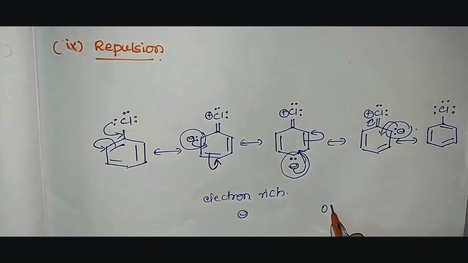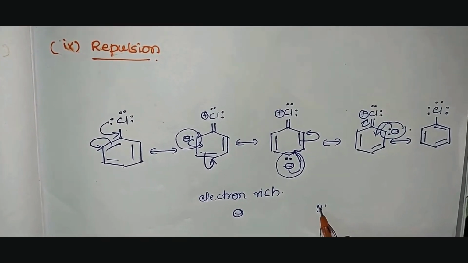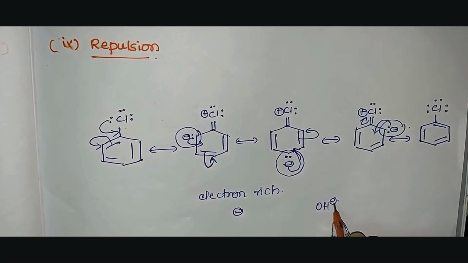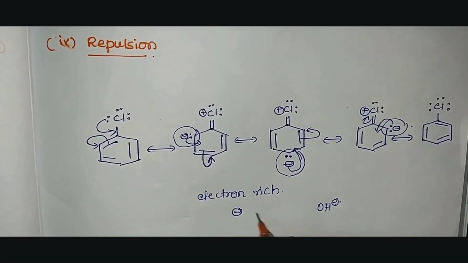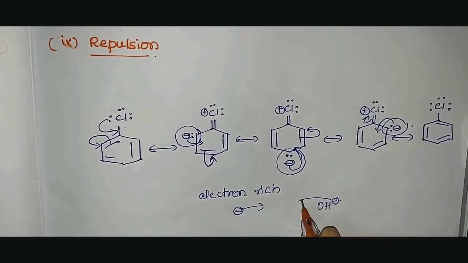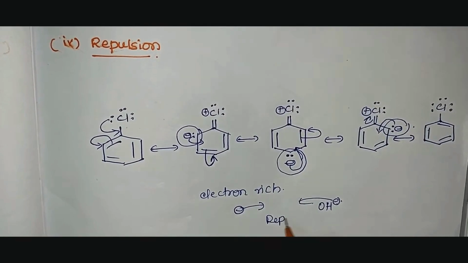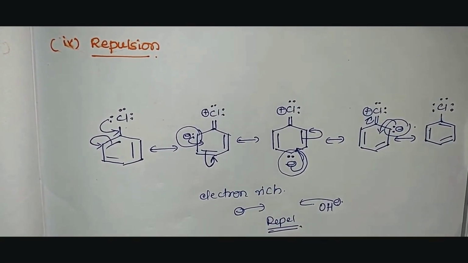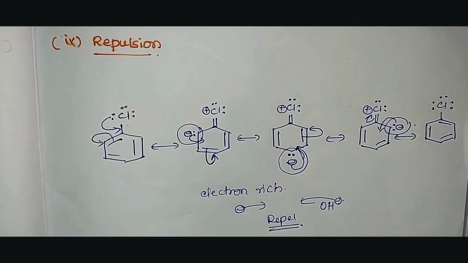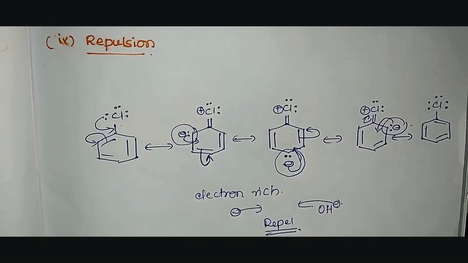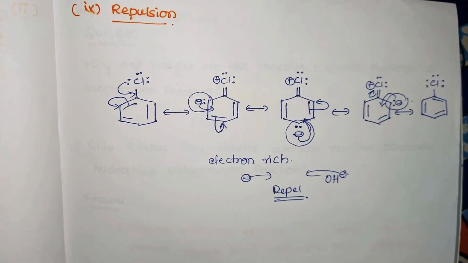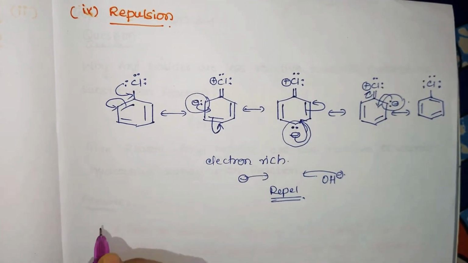So the nucleophile will also be which charge? Nucleophiles are also negatively charged. So the negatively charged, that is electron rich benzene ring which is having greater negative charge, and the nucleophile, when they come in contact with each other, what is the rule we have studied? Negative charges repel each other. So repulsion takes place.